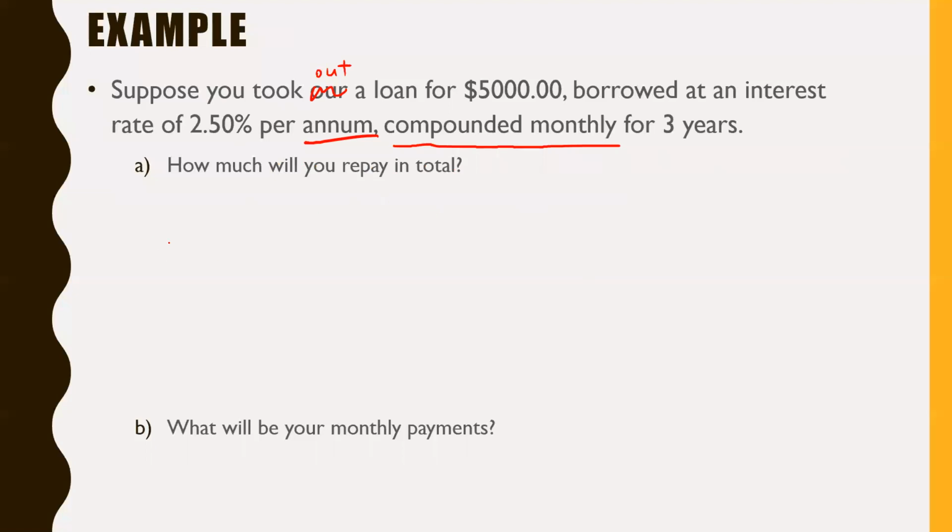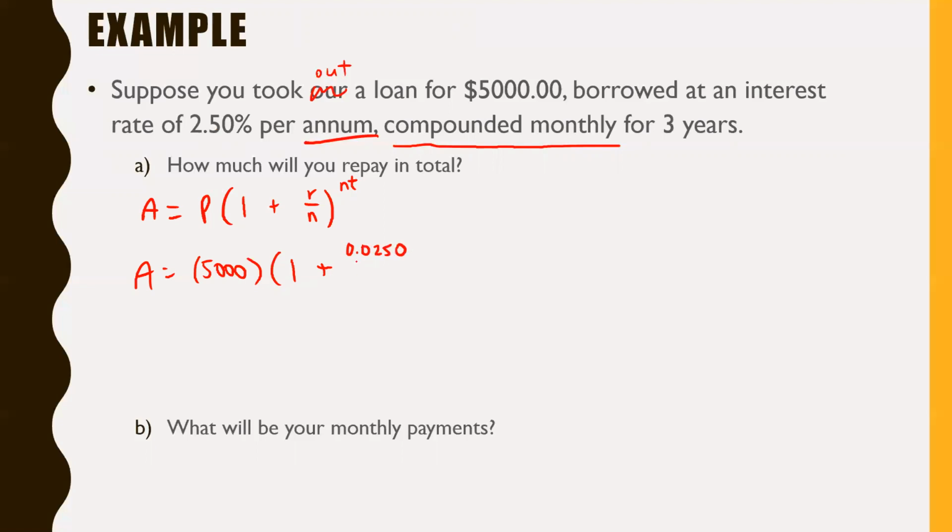Okay, so what I like doing is writing out the formula without anything else put in. So A equals P times (1 plus R over N) to the power of N times T. A is how much you're repaying in total, so that's what we're looking for. P is your principal, that's how much money you borrowed, which is going to be 5,000, times 1 plus R, your interest rate as a decimal. Well, 2.50%, you might say, oh, that's a decimal. Well, no, we need to get rid of the percentage altogether. You have to write that as a real decimal. That's going to be